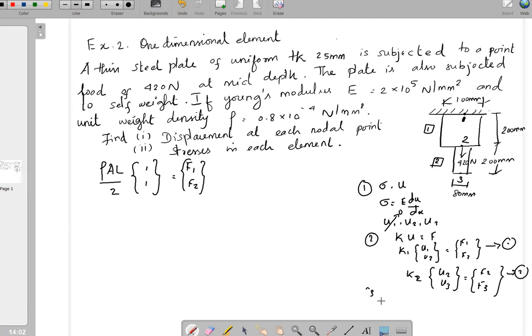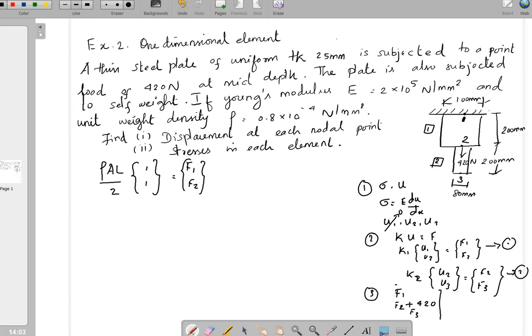For this we need the force vector F1, F2, F3. So we have to combine the self weight of force F1 at node 1, and the node 2 is connected with the element 1 as well as 2. So we get the self-weight force of F2 in addition with the point load applied at that node 2. So the point load quantity is 420 and node 3 vector will have F3.